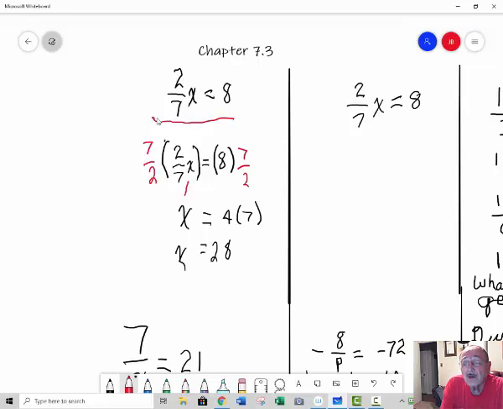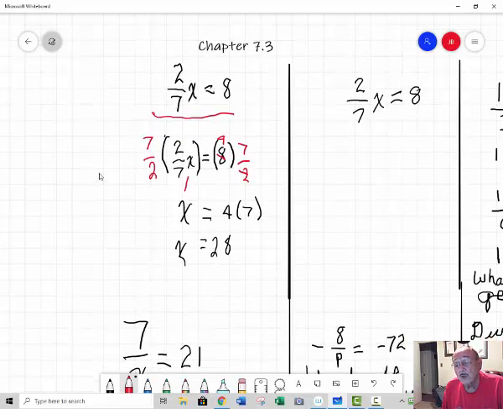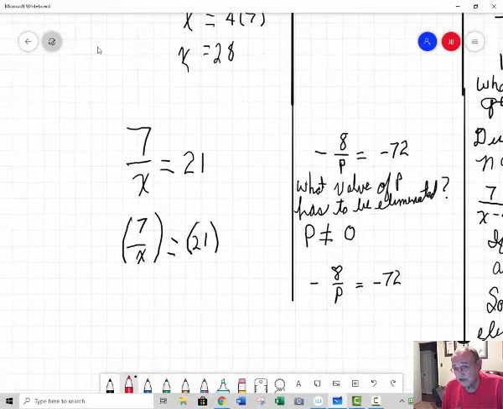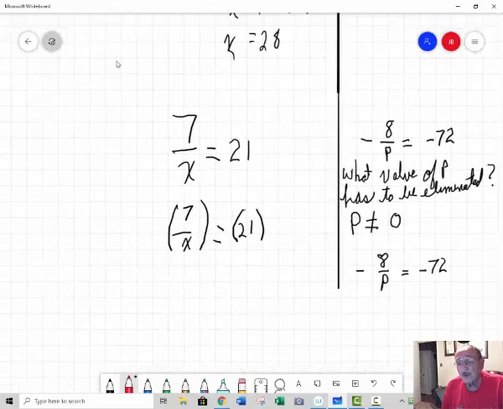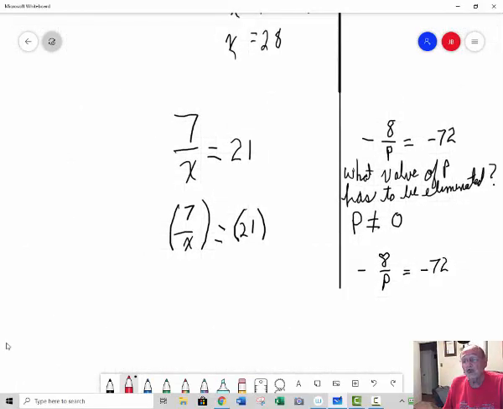And let's see, the 8 and the 2 will cancel, give me 4 times 7, which is 28. So x is 28. Now what I want to look at is an alternative method that we could use in this one. You will need to use it on some of the other things that we're going to be running into, but let's just take